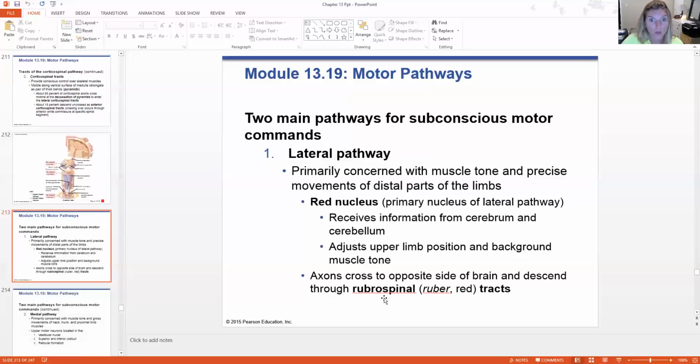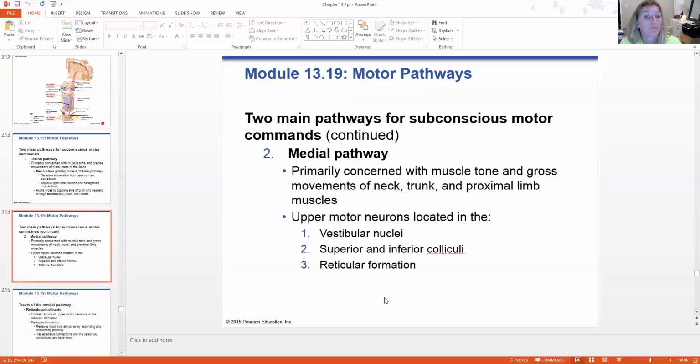All coming from the red nucleus, lateral pathway. Then you have the medial pathway. The medial pathway is primarily concerned with the neck, trunk, and proximal limbs. The neurons here are located in our vestibular nuclei, superior and inferior colliculi, which we've talked about already,